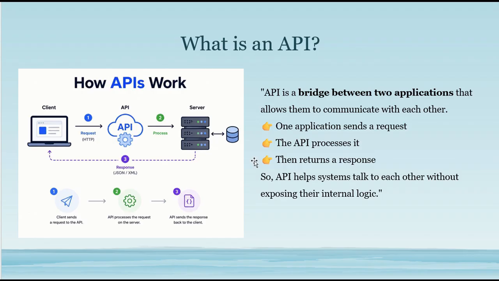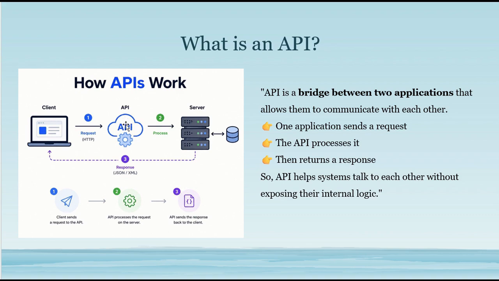Now let's understand how API actually works using this diagram. On the left side we have the client. This can be a mobile app, a website, or any application used by the user. When a user performs an action like clicking a button or searching something, the client sends a request to the API using HTTP protocol. In the middle we have the API, which acts like a bridge or messenger,